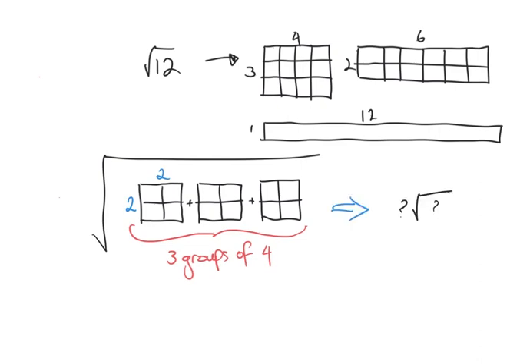So for our simplified surd form, 2 is the square root of 4, which means this. And the 3 groups represents that second factor, that if we take the square root of 3, it's not a rational number, cannot be simplified. So that goes right in there, which gives us 2 root 3, which is root 12 in simplest surd form. Let's do one more